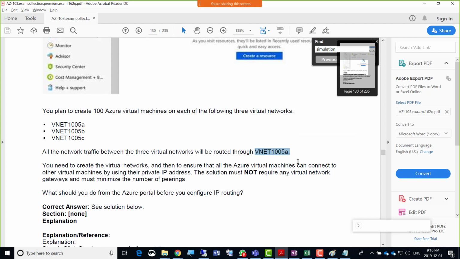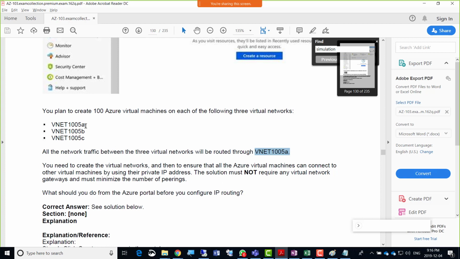So that's a very good point there, Ali. Thank you for that. So VNet 1005A is there. This means that the traffic has to go from A to B, and from A to C, right? So A will be the central one from where you're connecting to B and C. So we can create two peerings there within A.